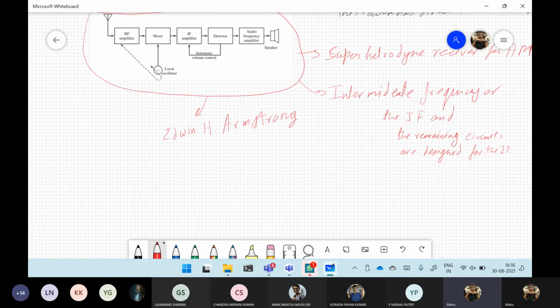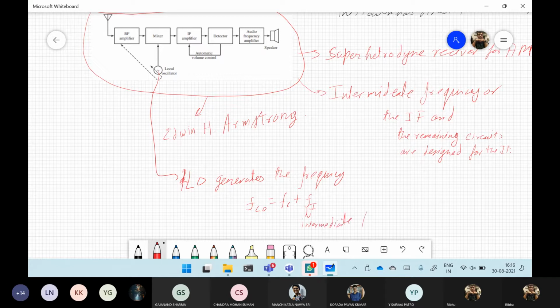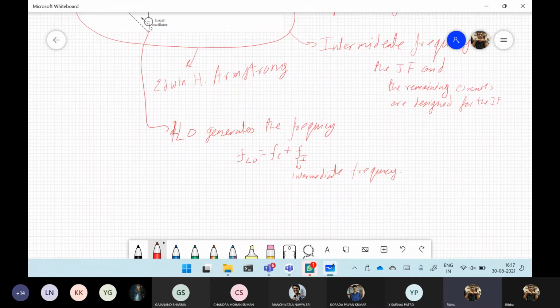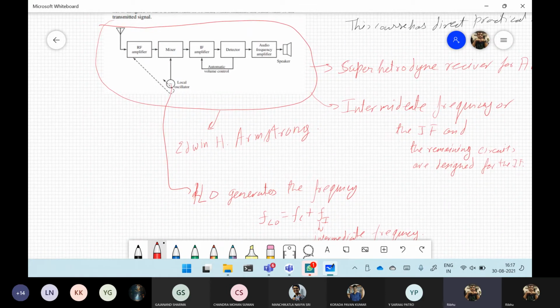So this local oscillator generates frequency Fc plus Fi. This is the intermediate frequency. And we know that when this local oscillator multiplies with the incoming signal, we'll have a signal at the intermediate frequency and we'll be happy. But at the same time,